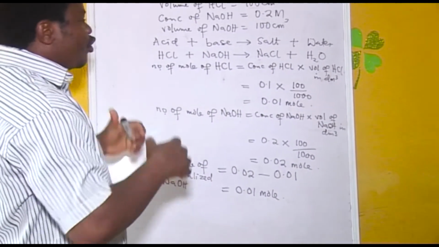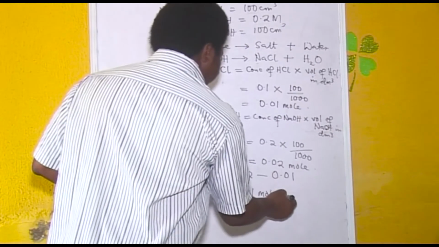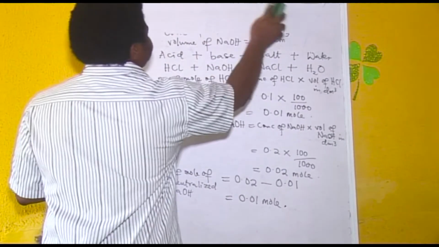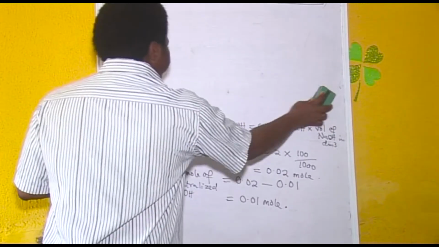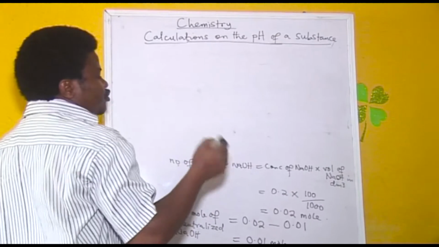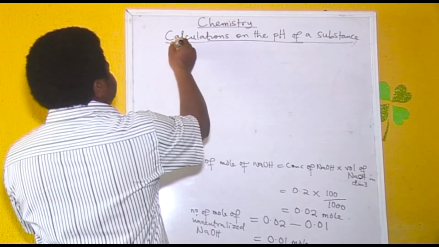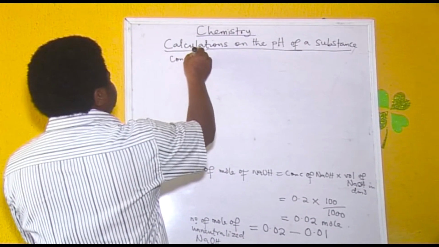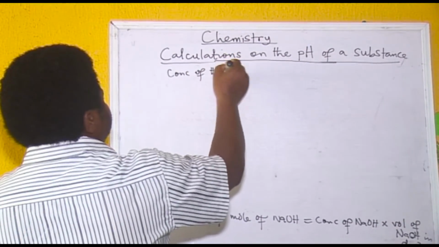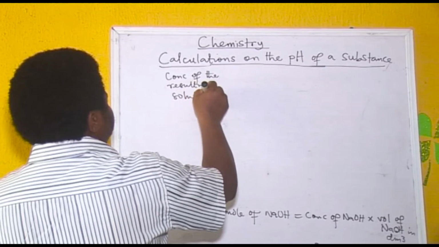And the question is, what is the pH of the solution formed? So this is just one step to where we are going. I will have to rub this off so that we can complete our solution. Now, for me to know the pH, I need to know the concentration of whatever substance we have in the product. So I can say the concentration of the resulting solution will be equal to